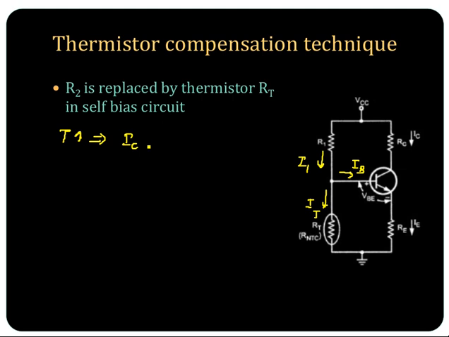So what happens when temperature increases? Immediately IC is increasing and this is causing the shifting of operating point, isn't it? So we are providing the stabilization using the voltage divider network, and additional temperature compensation is provided by this, isn't it? Using this compensation technique. So you don't want this to happen. So how will this provide the additional compensation here?